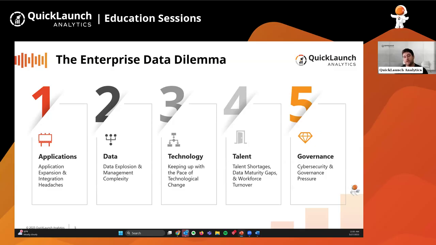The next hurdle that we see is this significant talent gap in data engineering and analytics, especially. So how do you bring on the right talent to support these new analytics approaches? And then finally, if that wasn't enough, you have governance requirements that are seemingly more strict than ever: data privacy, then compliance regulations. So how do you balance all that? How do you juggle all of these challenges, right?